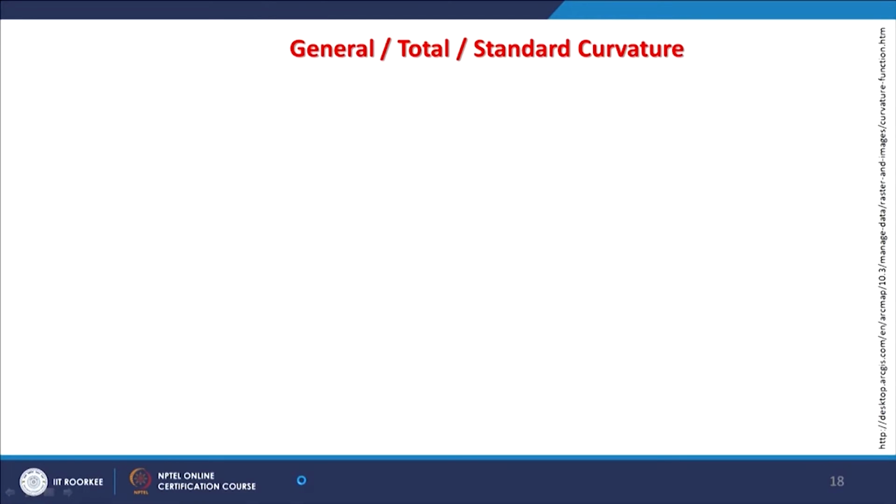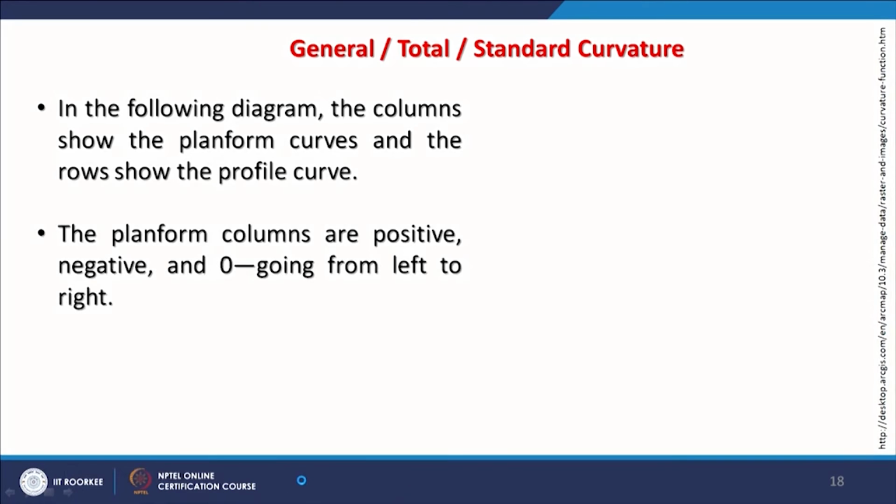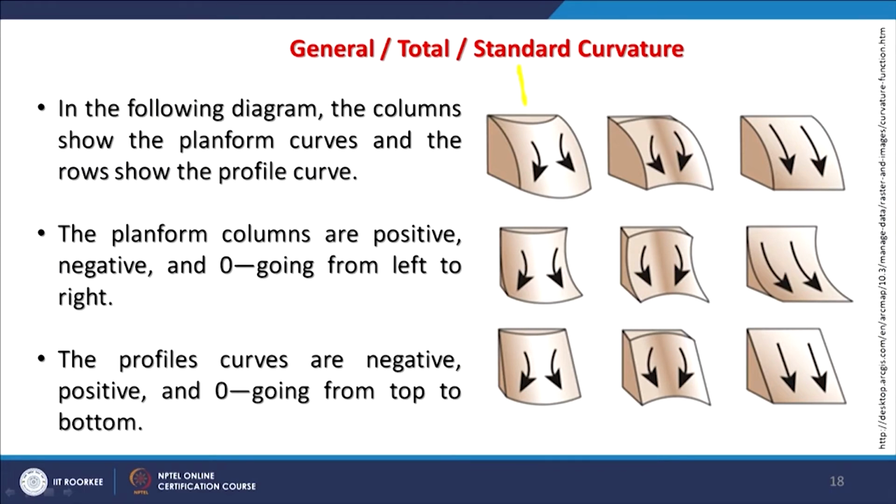That will allow us to even predict what is going to happen in certain conditions. So, the diagram which we are going to have here, where in the columns vertically the plan form curves are there, and in rows we are having the profile. In plan form, the columns are positive, negative and 0. So, the first one is the positive, this is negative and this is 0. So, profile curvature curves are also negative, positive and 0 going from top to bottom, positive, negative and 0 in